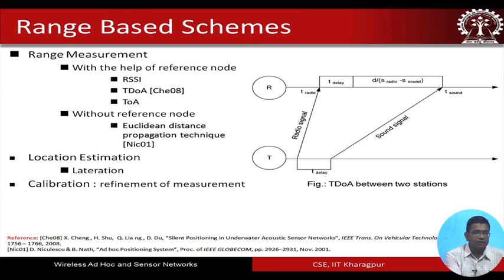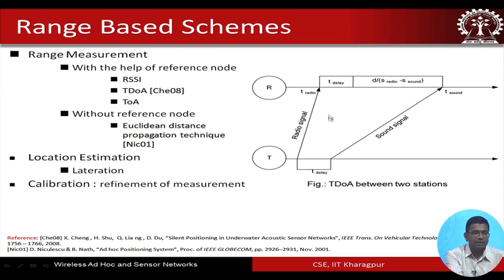All of these can help in understanding or localizing different nodes, but if you are using these mechanisms, you have to ensure that there are some nodes which you can consider as the reference nodes whose locations are known. So, let us assume that we have a scenario like this, where there is a transmitter and there is a receiver. If two signals, a radio signal and a sound signal, are sent, the radio signal will reach after a certain duration of time, and similarly for the sound signal, but the sound signal probably will reach after a longer duration of time in this particular example. Here we have considered only a radio signal and a sound signal, but you could have considered maybe two different sound signals and so on, and that is how one can go for using the time difference in arrival